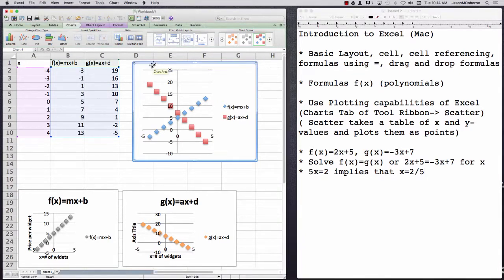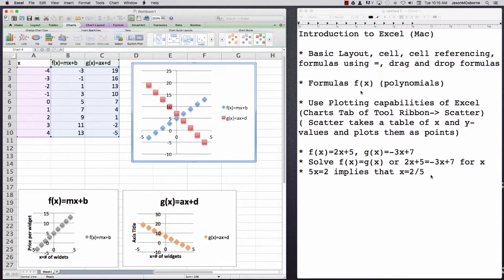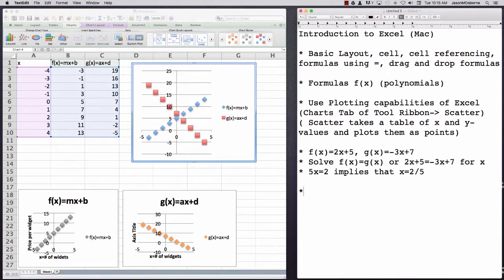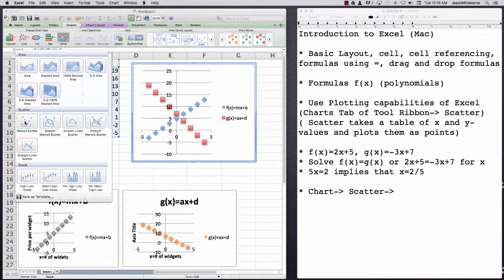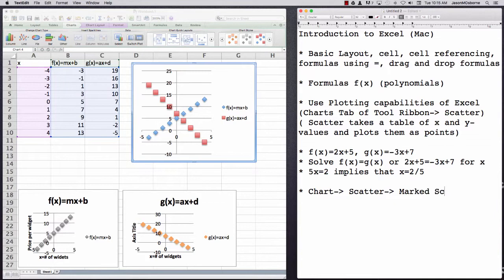So that would be the end of this video with respect to just plotting. I think what we have learned in this video is that we are using the chart option. We are using scatterplot. And even in scatterplot we had two different options. We were doing marked scatter or smooth marked scatter. So marked scatter is just dots, and smooth marked scatter was connected dots. Okay, and then we just played around with the options and we changed color,